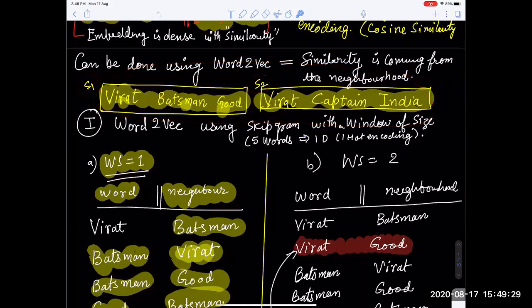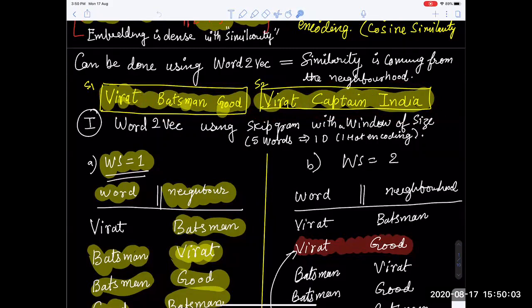And as I have said, most of the common stop words like is, am, are, the, that, these should not be used. Or if you are using them, then most of the time they are treated in a different way. And nouns and verbs and adjectives are treated in a different way. So you see Virat, batsman and good, and here you have Virat, captain and India. So these things are several times being seen